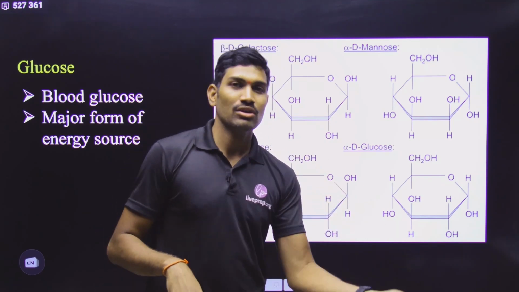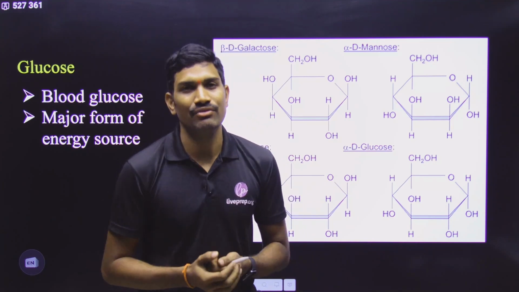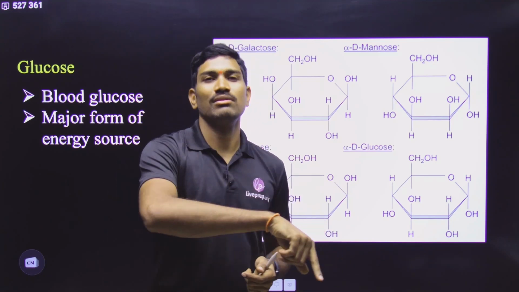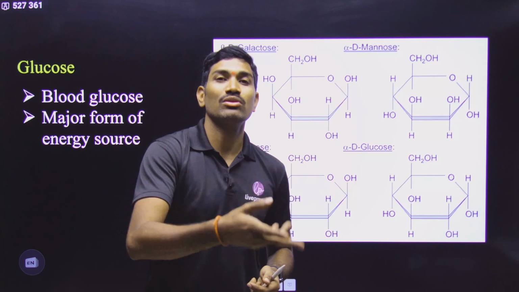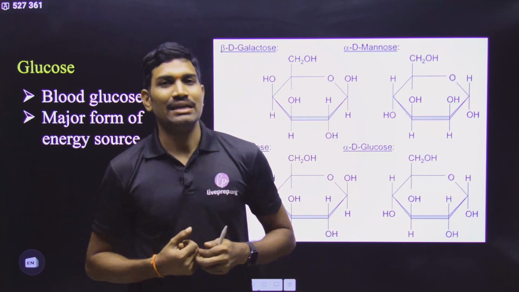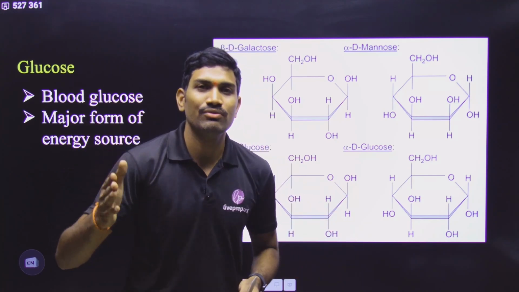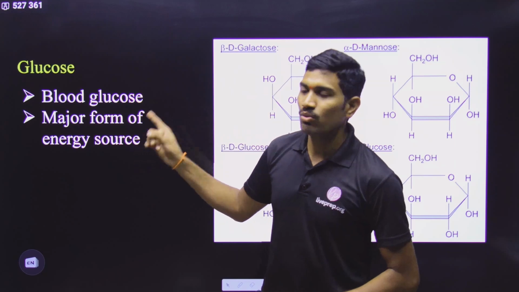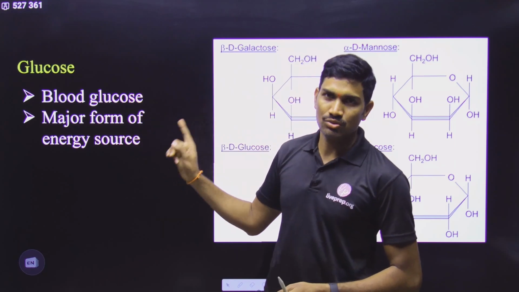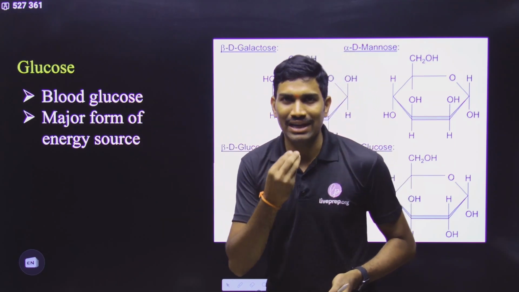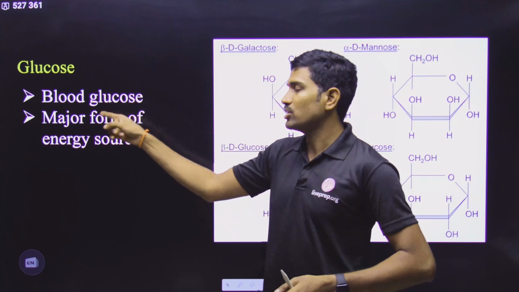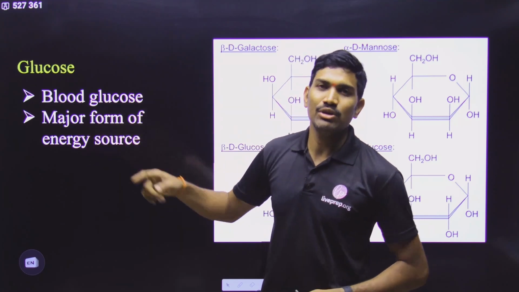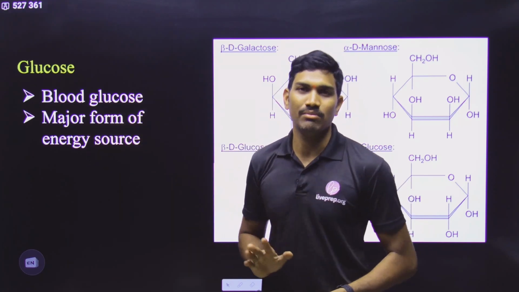And then it will release glucose and then fructose. Yes or no? Again that glucose will be used. So in this way it will take more time. Suppose you are directly eating glucose, directly it will be absorbed and it will be used for energy source. That's why glucose is the major form of the energy source. Whatever the food that we are eating, ultimately it should be converted into glucose so that it can be used as energy source. So please remember this one.